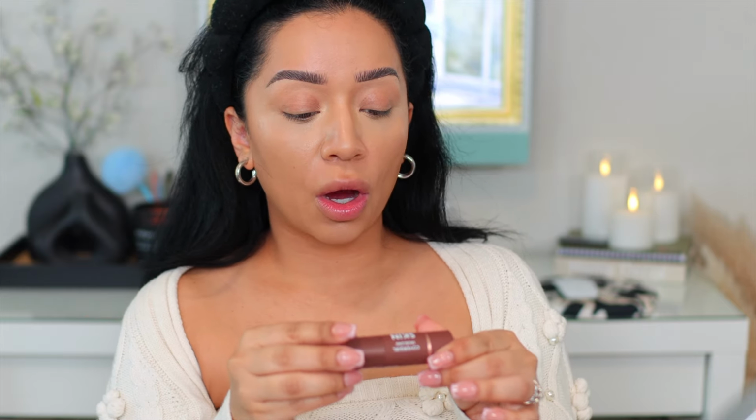So for the skin, we have 3 new products from CoverGirl. I've already done my base and my concealer since I just really wanted to focus on this quick little review for CoverGirl. They launched the CoverGirl True Blend Skin Enhancer Contour Balm and they have a few shades. Let me pull it up. By the way, you can also find these on Amazon. Okay, so they have 4 different shades. The first shade is called Define, Sculpted, Snatched, and Carved. So these are going to be all your contour or bronzing shades, and they are retailing for